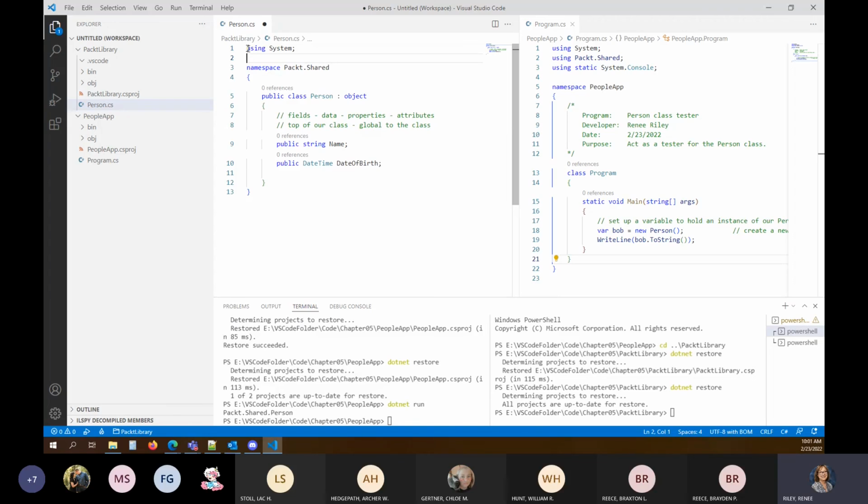Notice that our person.cs file, when it was created for us, they didn't put those using statements in. We're used to that with our program.cs file. They pop that in there for us. But notice with our class library, they didn't. So I was getting some unexpected errors there. So we have to put that using statement in ourselves. So now we have our two data elements for our person object.